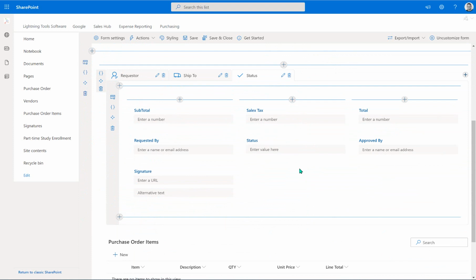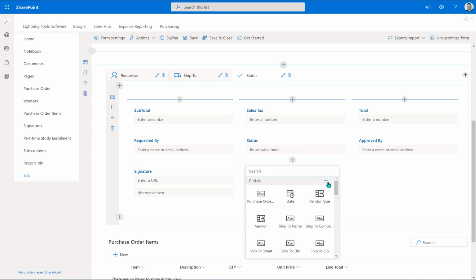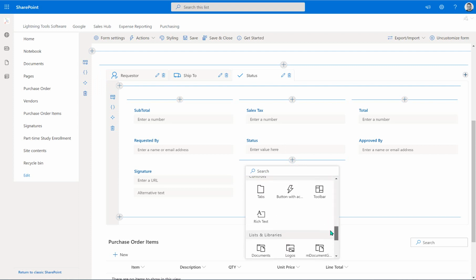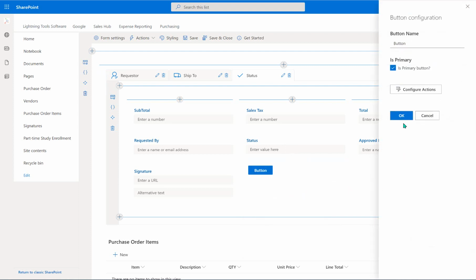If we did want to drop one onto the form, like say to set something like who this was approved by, that would be a very useful thing to do. So what I'm going to do here is just go through and add a button. And once more, it wouldn't really make sense to be on this form, but I've started, so I'll finish. So in here, we could just have approve. Now, this is not going to be the primary button. That means that if I was to just sort of press enter, we don't want it to just fire behind